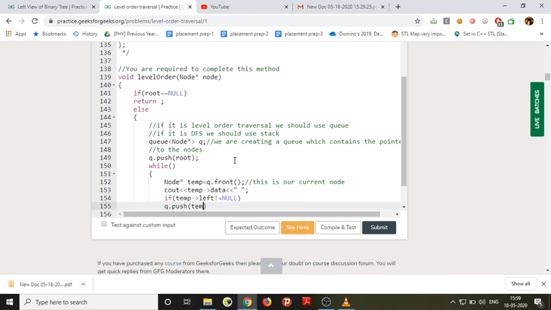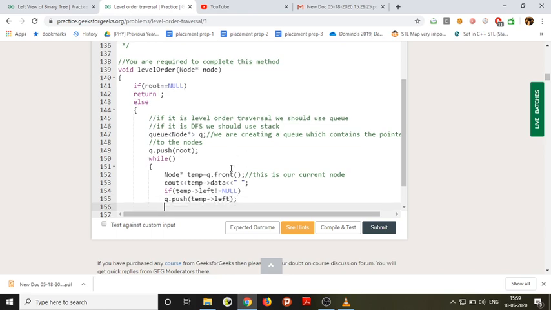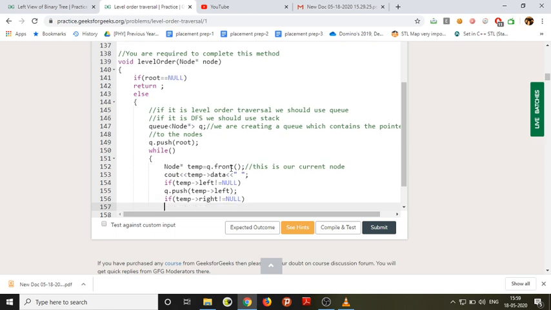First we should check whether it is null or not. Now if temp arrow right is not equal to null, then we should push temp arrow right. Okay, this is clear.